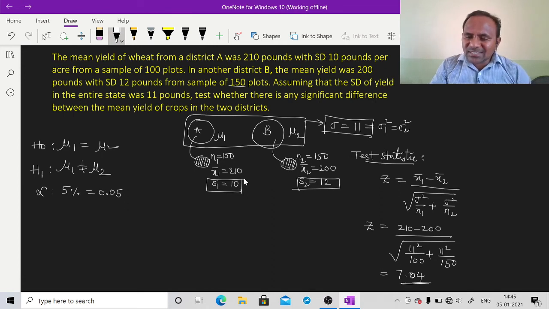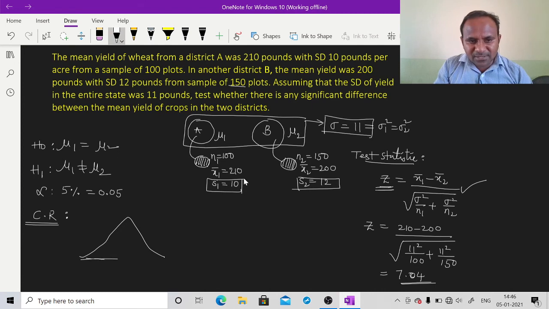Now, using this test statistic value, this statistic will follow some distribution so that you can recognize what the critical region is, in which region we have to reject the null hypothesis and in which region we have to accept it. For that, we take that this statistic, this random variable, will follow the normal distribution because you have selected large samples. The statistic follows the standard normal distribution, whose mean is equal to 0. And since it is of the not-equal type, we use the two tails to indicate our level of significance.